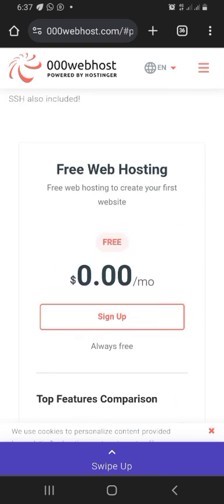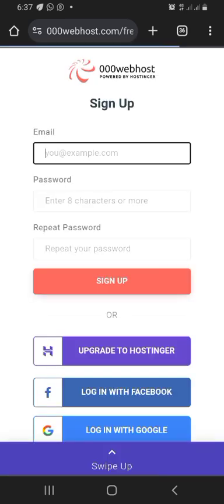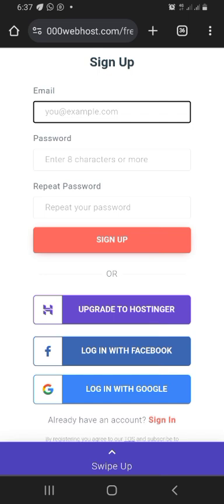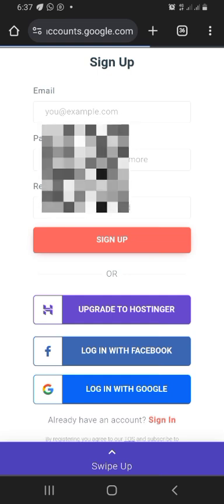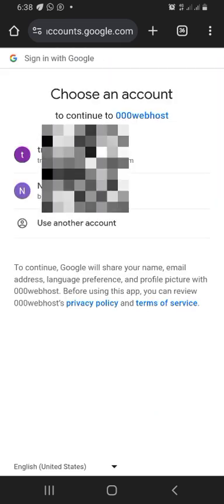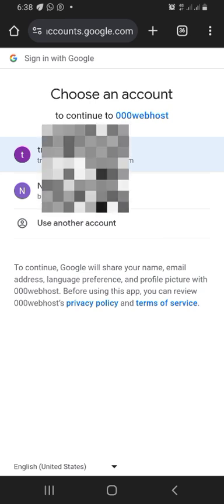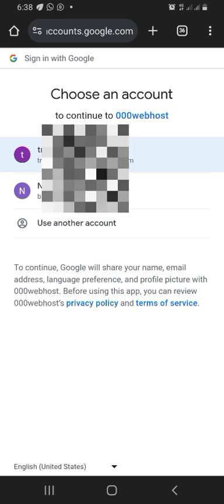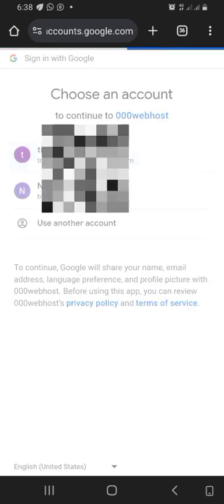So these people are going to give us a free domain name and free hosting, though there is a little disadvantage to it. The disadvantage is that when we write the name we want, maybe oranges.com, these people are going to add their own name. They call it a subdomain. They are going to add their own name to tell people that they are the ones giving this to us.